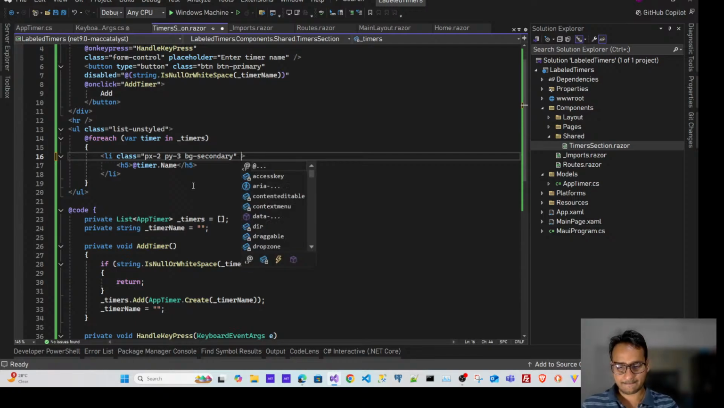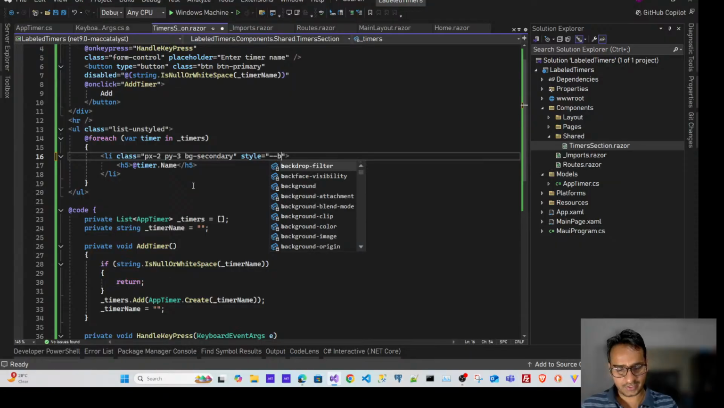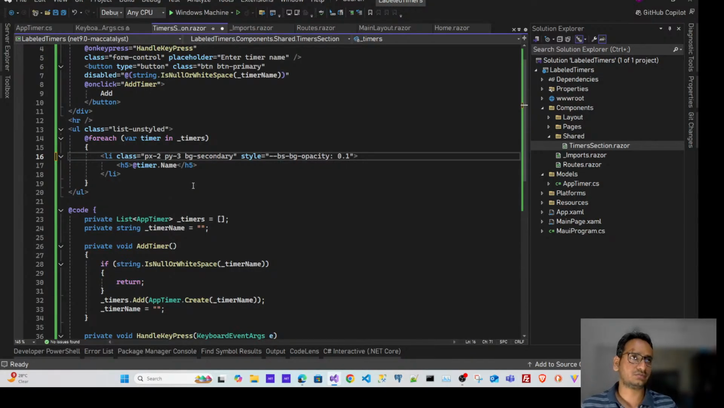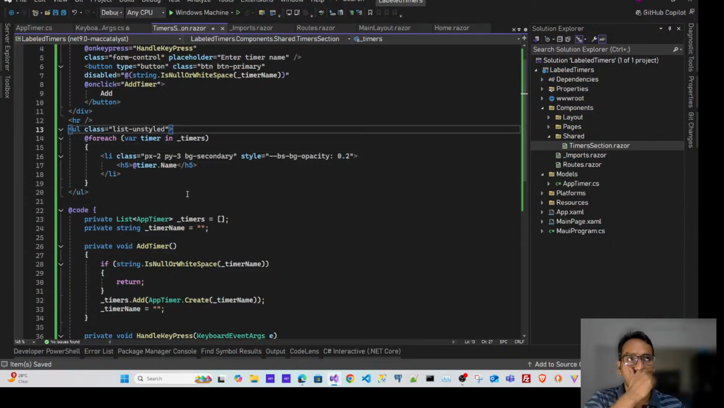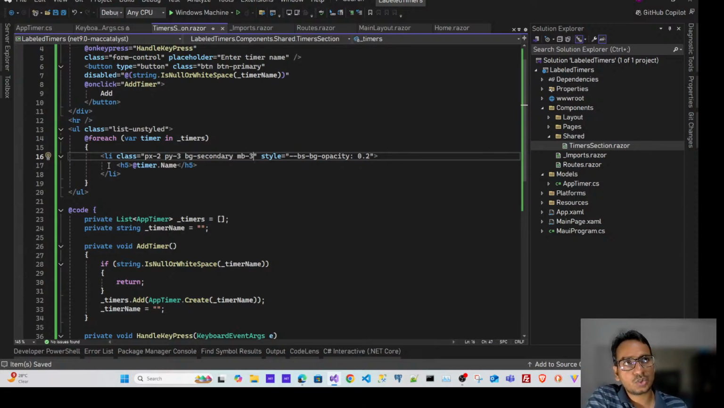bg-secondary, and here also we can make it a bit lighter. Style --bs-bg-opacity maybe 0, or maybe let's use the same 0 point we have on the main screen. All right, then on this li let's have some margin bottom, mb-3 as well, so that if we have multiple timers we are going to have some spacing between them. Then when we tap on this li,